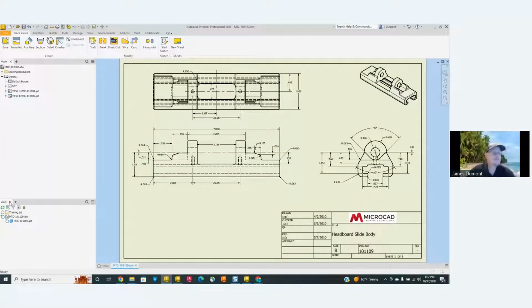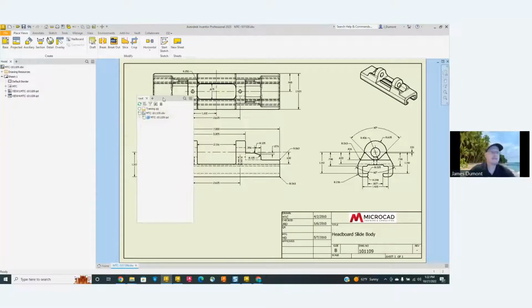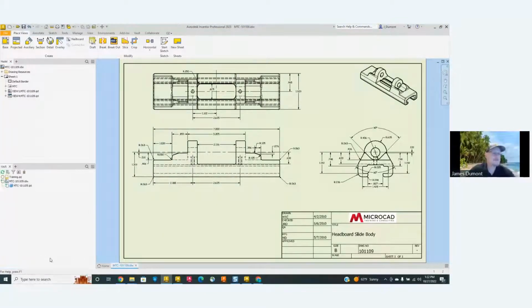Typically you would see two tabs like this. Now, these are called palettes or browsers. I can take this out of here so I can see the information, and that's how I set mine up. I can see my model browser as I work normally in Inventor, and below here is my Vault browser. I can see my interaction. I can see if the file's checked in or checked out to someone else. I know what's going on with this file all the time.